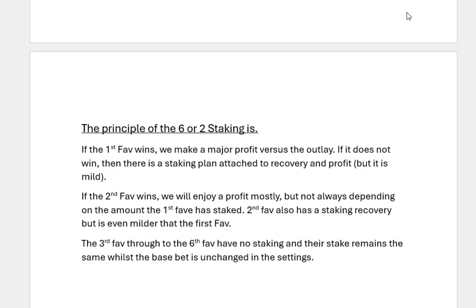Okay, the best way to do it is to jump in and do some live races with the staking plan so you can see how it comes together. I'll be doing what I normally do on two screens, and of course with the camera it's a bit smaller, so sometimes it will be a little out of kilter. Some of the shots will be missing a bit. I'm sorry about that, but it's just the